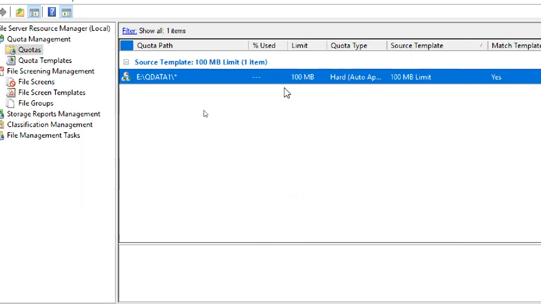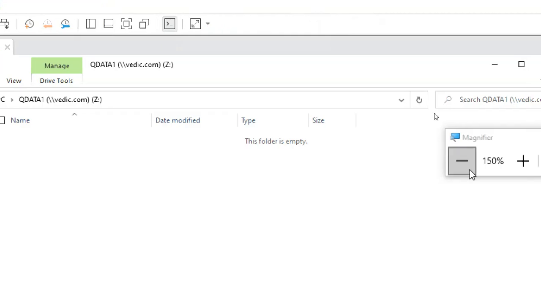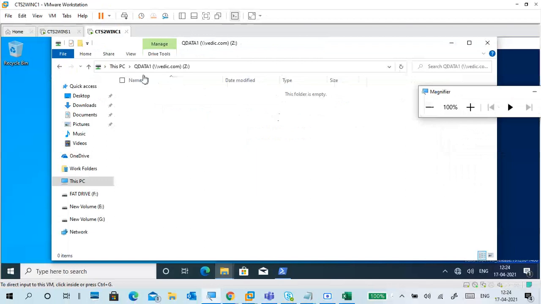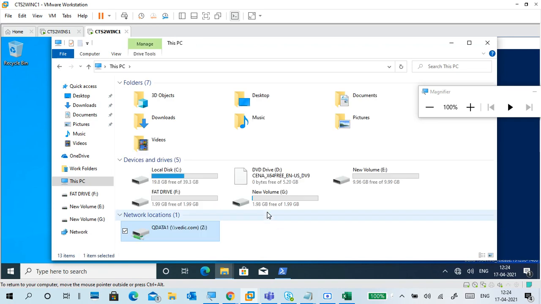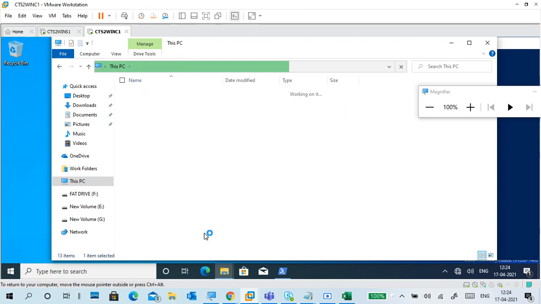Okay. Now it is 100 MB only. We'll see. And I deleted the data, because I want to change the quota thing also. Still it is showing like that. No, so